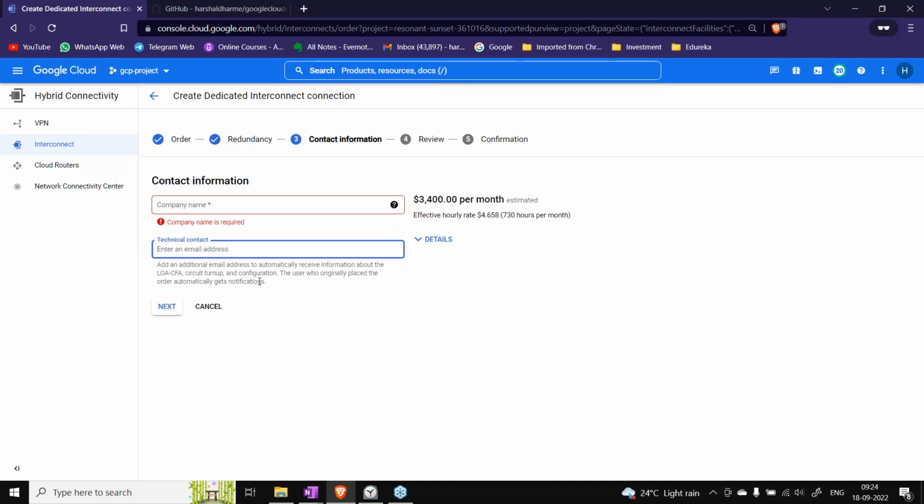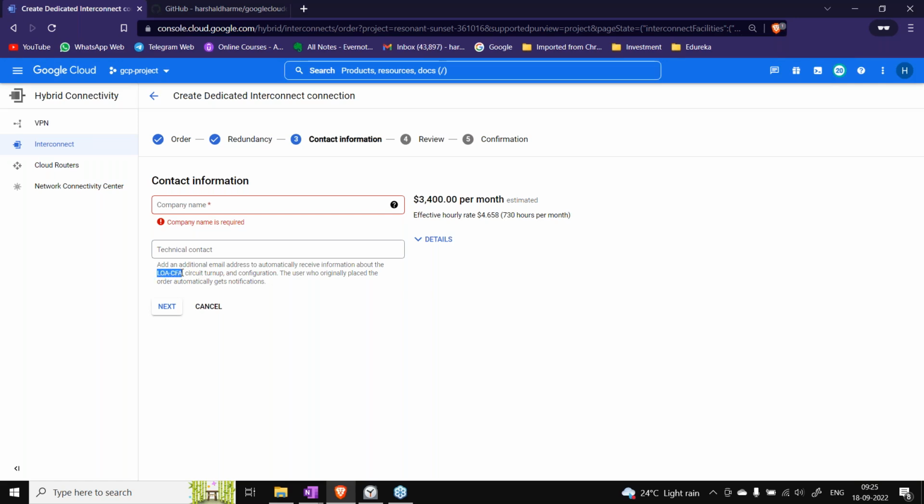And what happens is Google will connect with you, and they will sign one agreement that is called this one. Let me check. What does this mean? It says letter of authorization and connecting facility assignment. Okay, letter of authorization and connecting facility assignment. That is what this says.